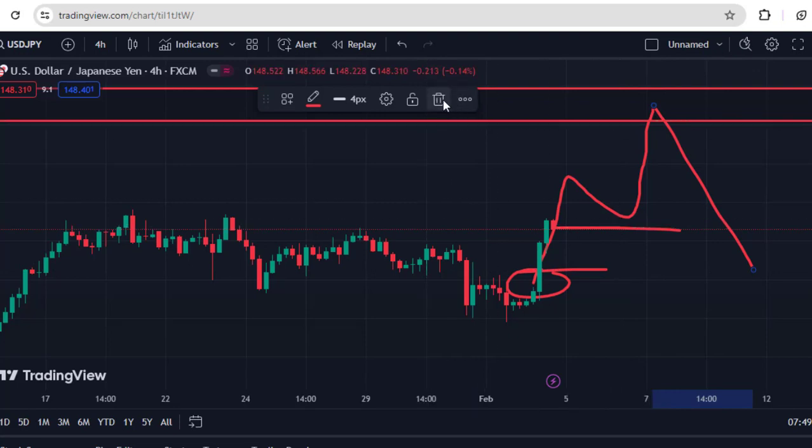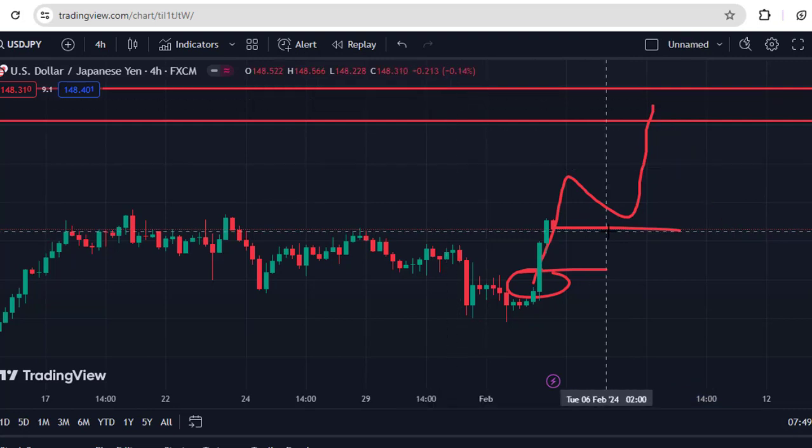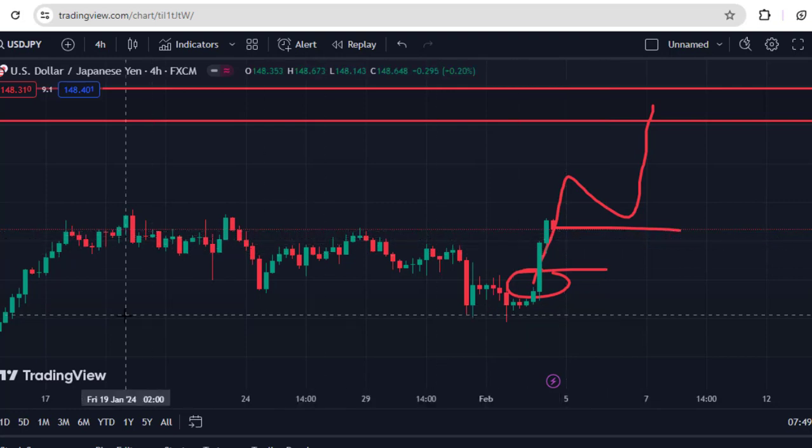So this is very important. You need to pay attention to key levels, and you must draw that level on the higher time frame. For example, in this case, the